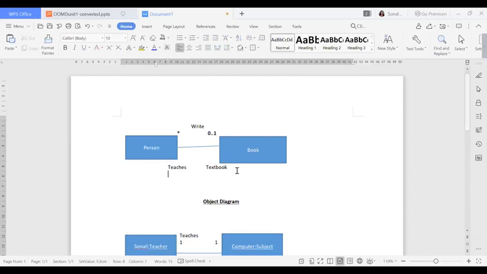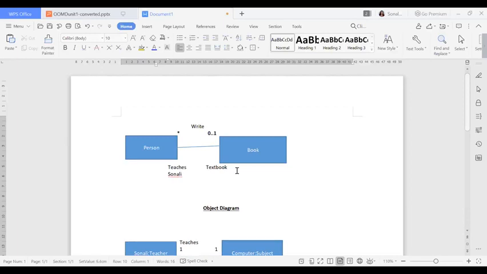The relationship you can generate how you want. If I want to write down some of the teachers' names, suppose I write my name, then any other name. Now which kind of textbook? Suppose here I will write software engineering. You have to specify all these things, otherwise you won't get the marks. This is my class names, and this is my object names. Here suppose I write maths.